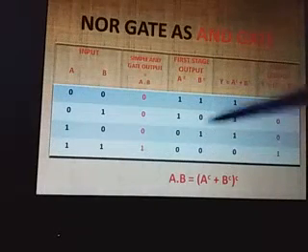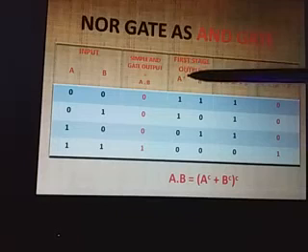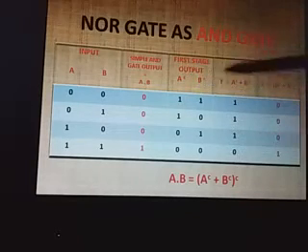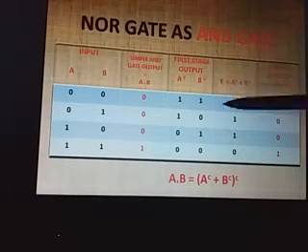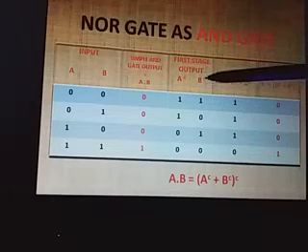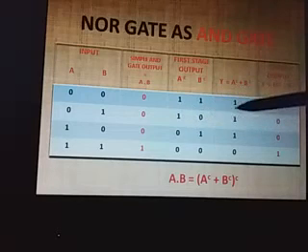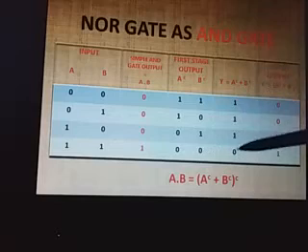Good. And what will be the sum of A complement and B complement? This is the column extra put here to make understanding easy. Sum of these two columns, complement of A and complement of B: 1 plus 1 is 1, 1 plus 0 is 1, 0 plus 1 is 1, and 0 plus 0 is 0. Okay.